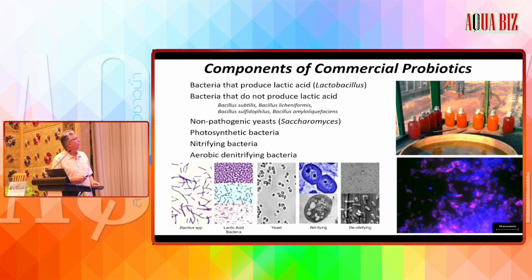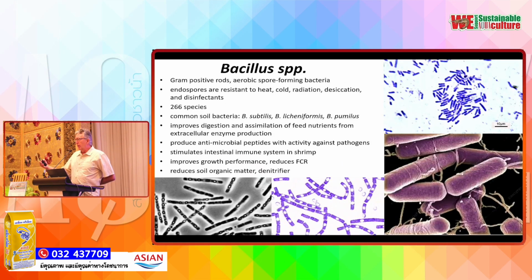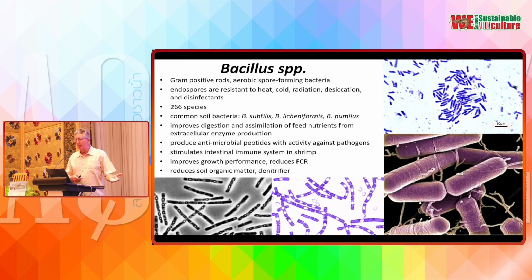You have yeast. Saccharomyces is kind of the big one. There are other yeast species there. You have photosynthetic bacteria like these rhodobacters, and I'll talk about rhodobacters in a second. Then you have nitrifying bacteria, and then aerobic denitrifying bacteria. So those are typically what you'd see in these commercial products. So what I want to do is to introduce you to some of these species and just give you a little overview of them. These are your players in the play, if you will,